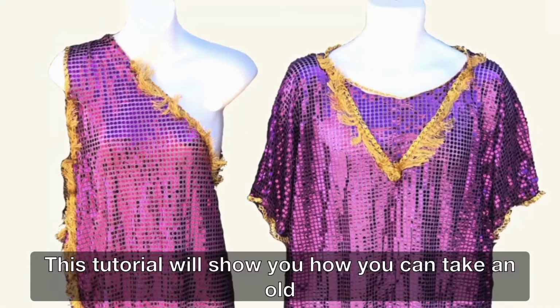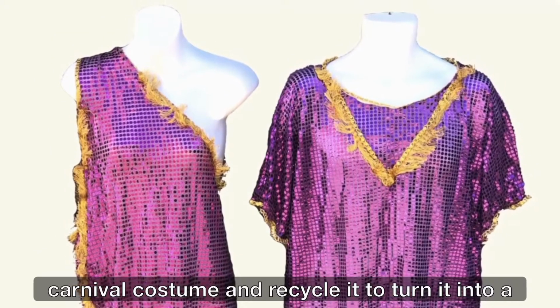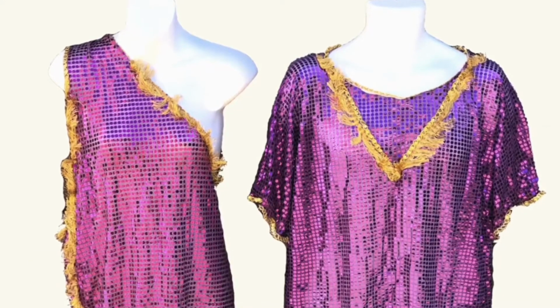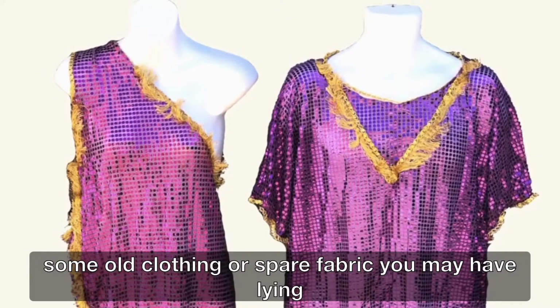This tutorial will show you how you can take an old carnival costume and recycle it to turn it into a brand new costume and something completely different. If you don't have an old costume at home, you can use some old clothing or spare fabric you may